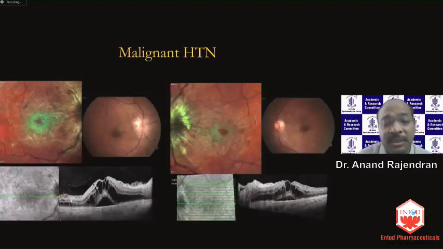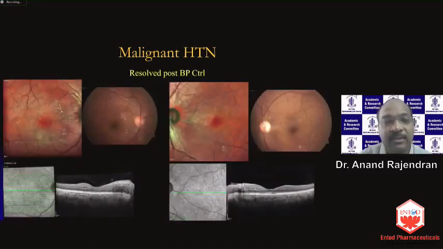Malignant hypertension is a situation where you would have a bilateral macular swelling or elevation, and it would be associated, obviously, with concomitant bilateral disc edema. And the interesting and important thing to note also, when you just see a patient, sometimes patients don't tell you or do not know themselves that they are hypertensive, that the macular edema here would seem to tail towards the disc or emanate from the disc. And very often there will be some level of macular elevation or subretinal fluid, and this is because of the hypertensive choroidal suffusion. So again, easily controlled with just a simple control of the blood pressure, this goes off.